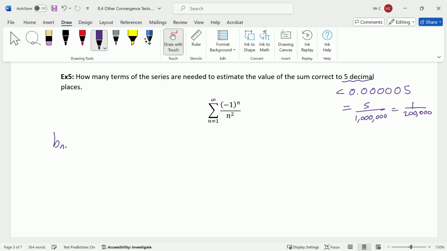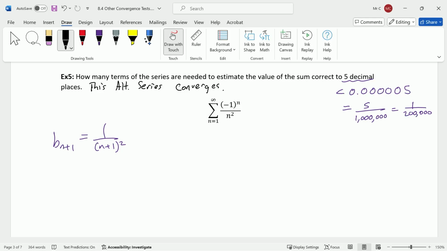So b sub n plus 1 is 1 over n plus 1 squared. And in this case, I'm just going to say, hey, this series converges. In general, I would expect students to show that when they are applying the alternating series estimation theorem. So I would expect you to do that. It's very simple in this case, but for time, I'm going to cut that out since we already did a couple examples of that. So here, we're just going to do just the part where we actually compute how many